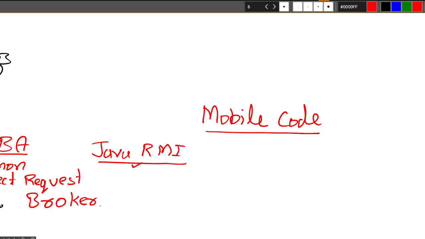Very good. So this is a code which can be transferred from one node to another, one computer to another, and which can be executed on that particular computer or node. For example, what happens in Java? You create a bytecode. This bytecode travels from one node to another, and there is a virtual machine. It can execute on that particular place.